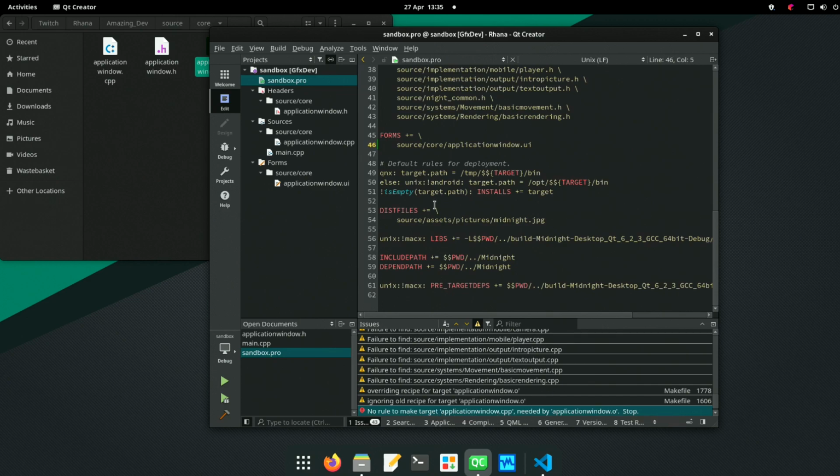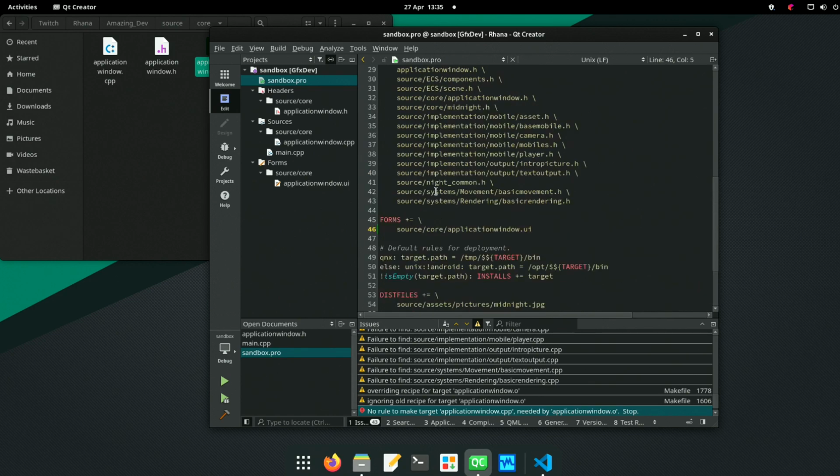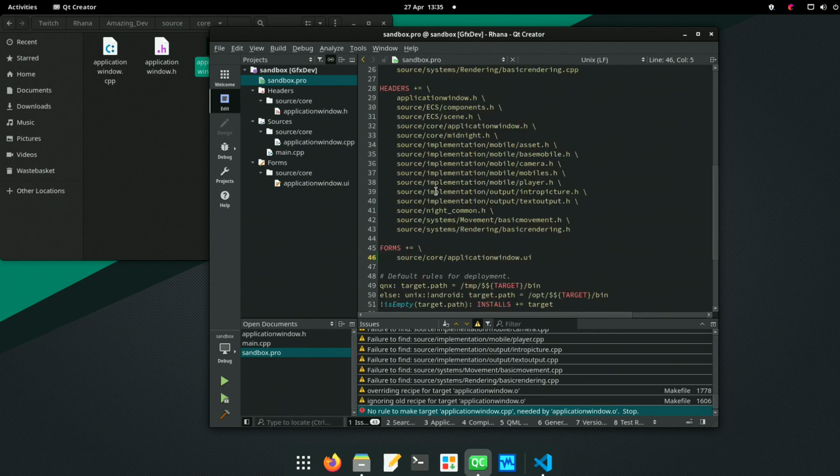Application Window C. Right, okay. So what we have here are headers in Sandbox Pro for these. All of this isn't part of this now. Okay, we've got to be careful because we have got stuff in there.